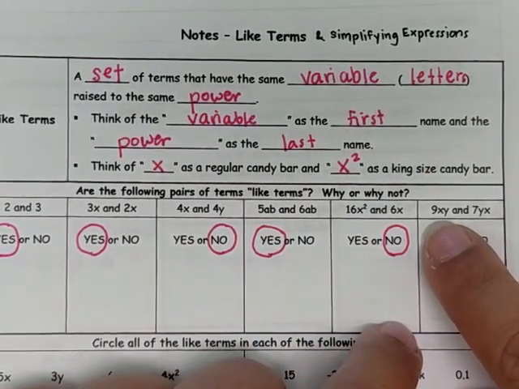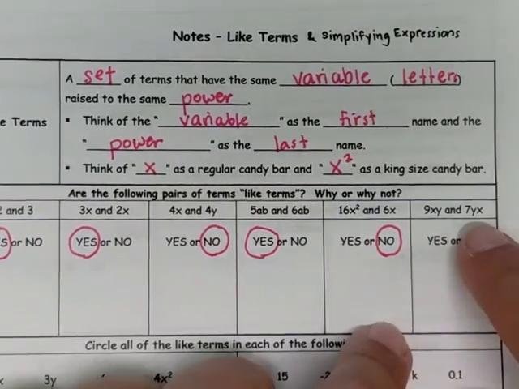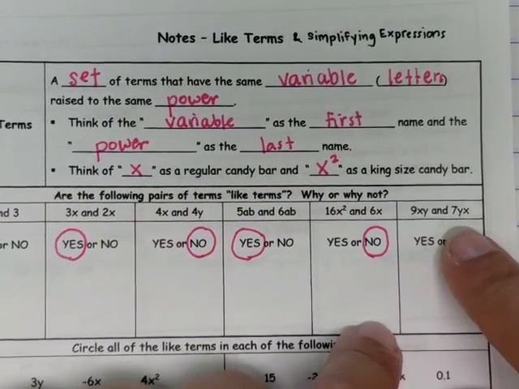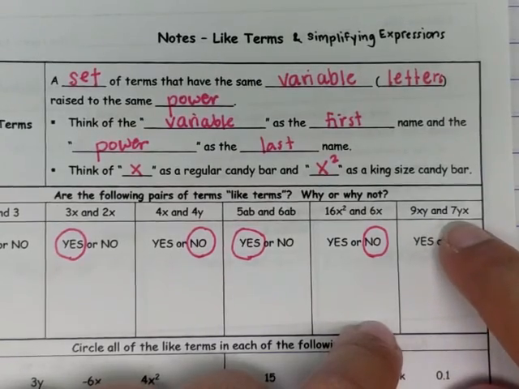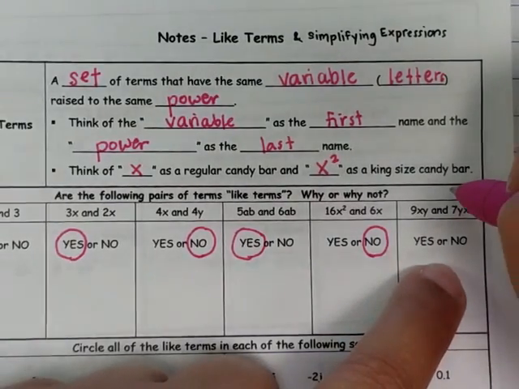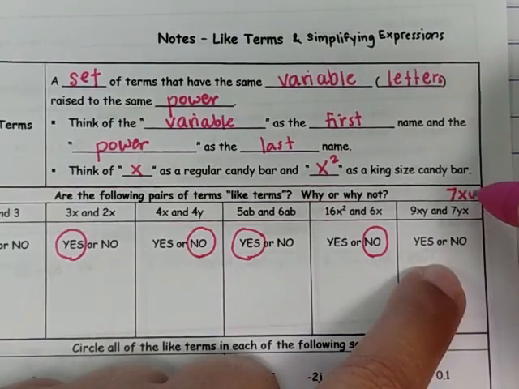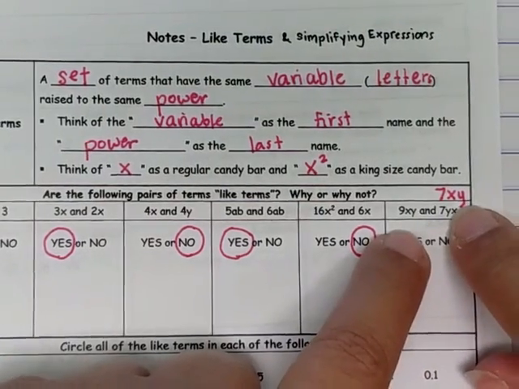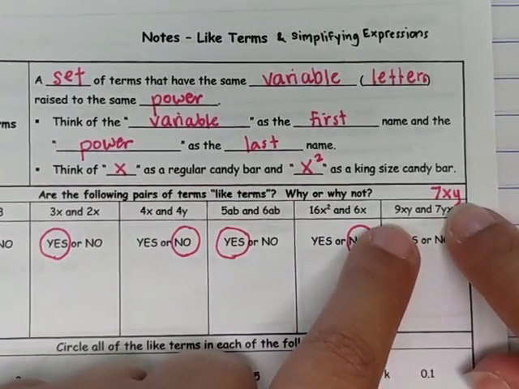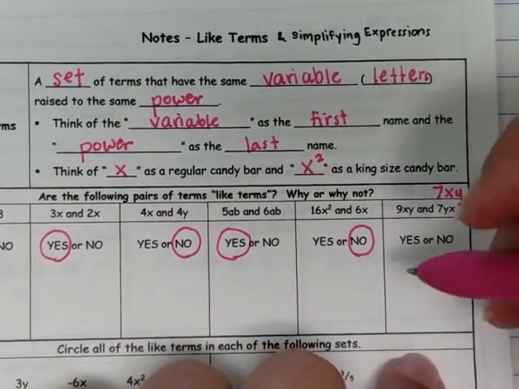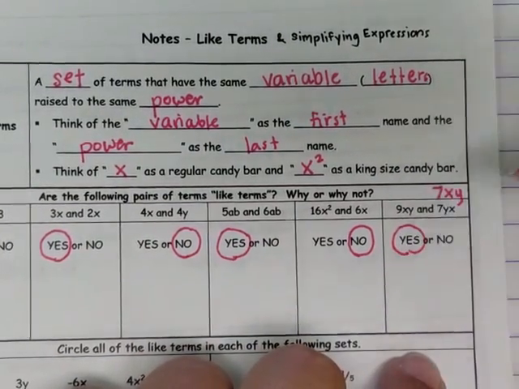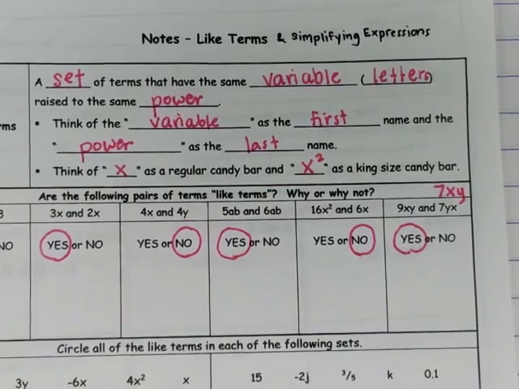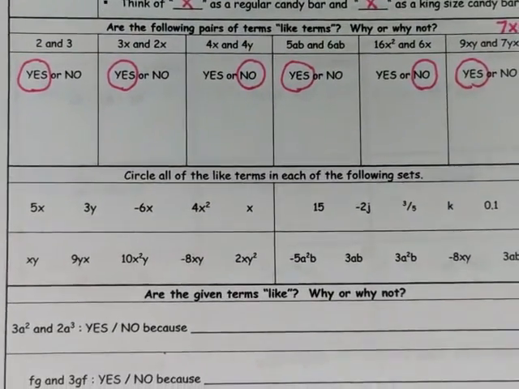And then 9xy and 7yx. Technically, if you remember last night, multiplication is commutative, so we could actually change the order of this to 7xy, which would then make them have the same name. So yes, we can combine them. Okay. All right, we're going to move down here, and then we're going to circle all the like terms that